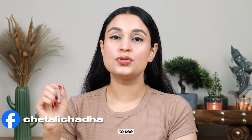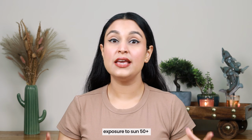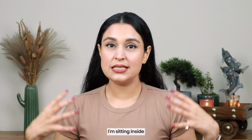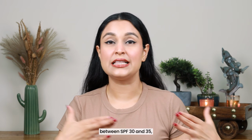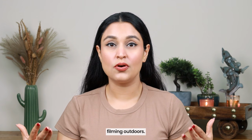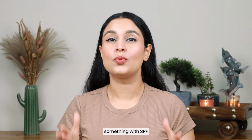Now it's also very important to see that your sunscreen definitely is between SPF 30 and SPF 50 plus. Now who needs an SPF 30? Anyone who's indoors can very comfortably wear SPF 30. Don't forget to reapply every 2 to 3 hours. If you're outdoors and you have heavy exposure to sun, 50 plus is the way to go. For example, I'm sitting inside my studio at all times, so if I wear anywhere between SPF 30 and 35, that works well for me. Having said that, when I move out, if I have an outdoor shoot, I have errands to run, I make sure that I wear something with SPF